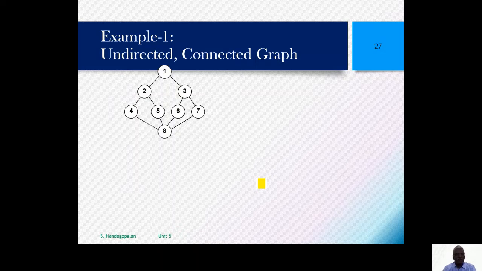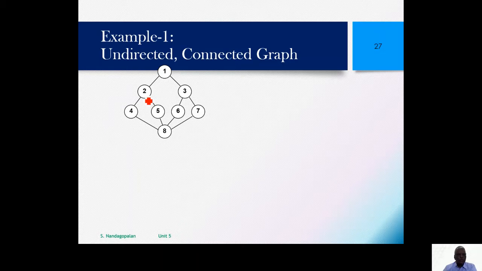This is the graph we considered for the DFS, but remember, this time we are going to explore all the adjacent vertices. That's why it's called breadth first search. For example, if this is the starting vertex 1, we have two adjacent vertices, 2 and 3, and we would try to visit both of them. Now we cannot do this simultaneously, and hence we enter the vertex numbers in a queue.